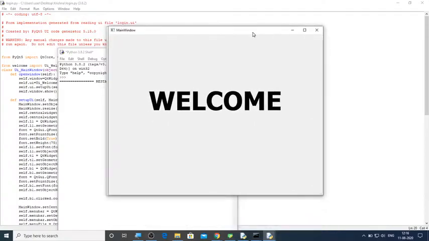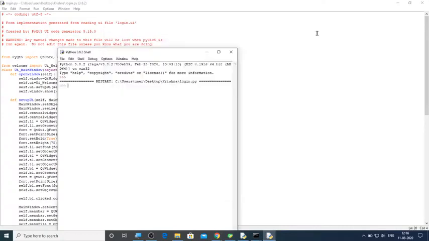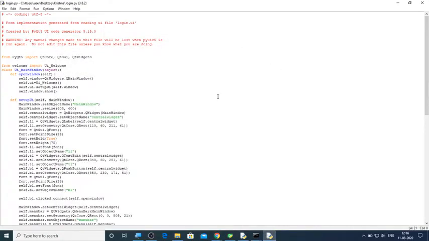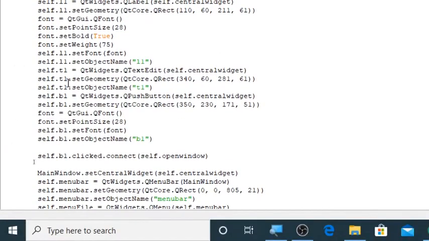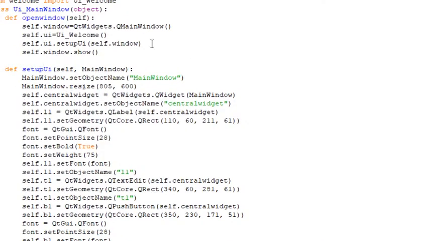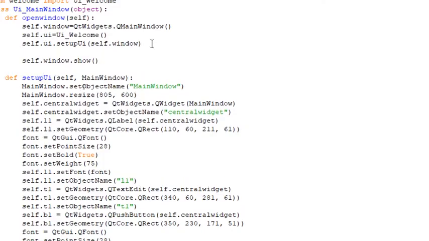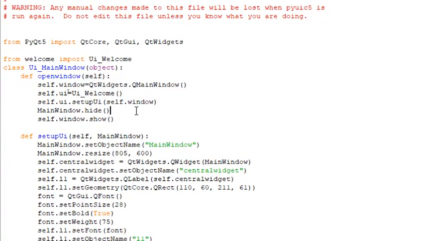In case you want the first form to disappear, one small statement that you can add in the first form, before asking it to show the second form, is because the first form is the main window, you can just tell the main window to be hidden. If you add this statement before asking the second form to be shown, obviously the first form will be hidden. Now let me save this,